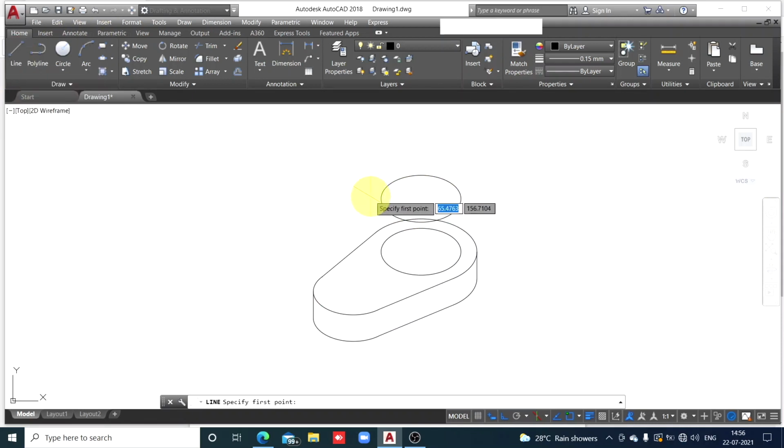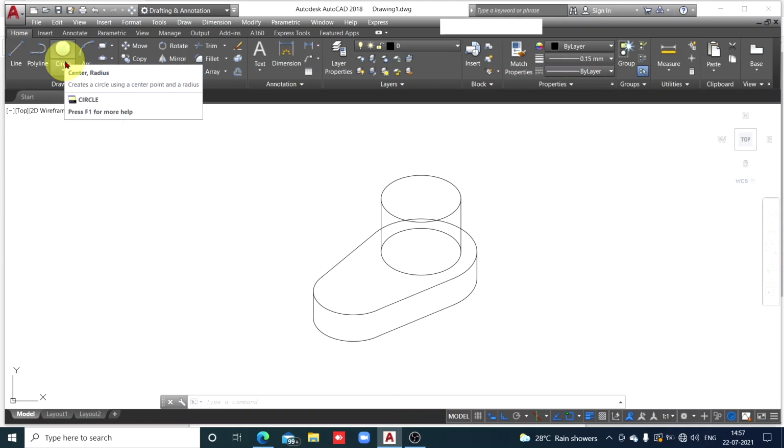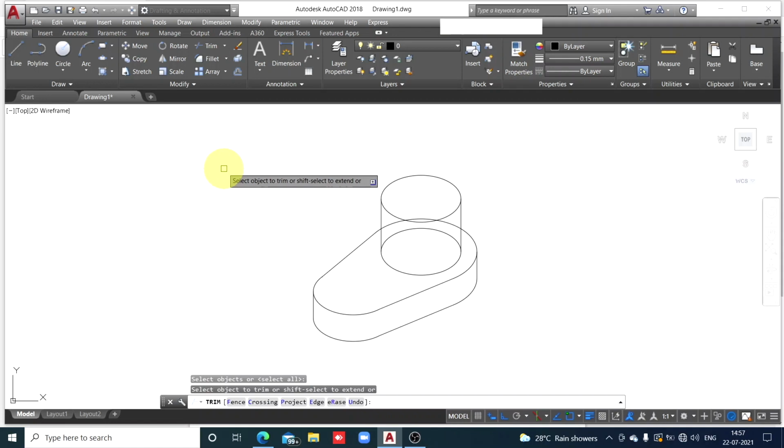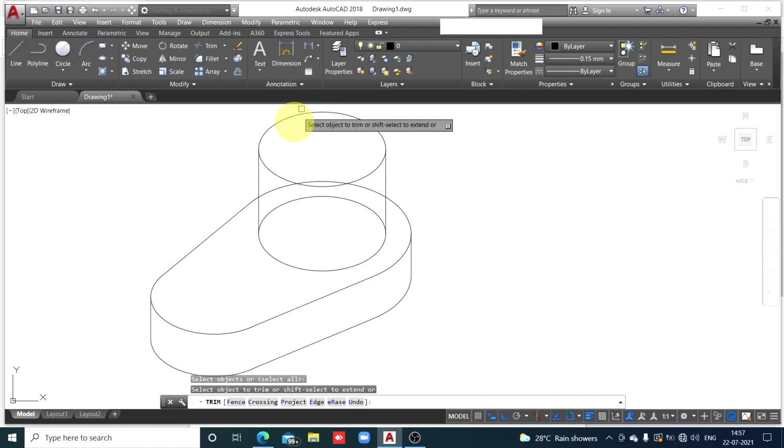Select line and now quadrant to quadrant. Escape. Again line, quadrant to quadrant. So this is how we have completed the cylinder, but top end of the cylinder is visible. Bottom end, unwanted portion of the bottom end of the circular edge you will have to remove. So trim, enter and check here. All earlier drawn edges which overlap the cylinder, we are going to remove it. Take it.